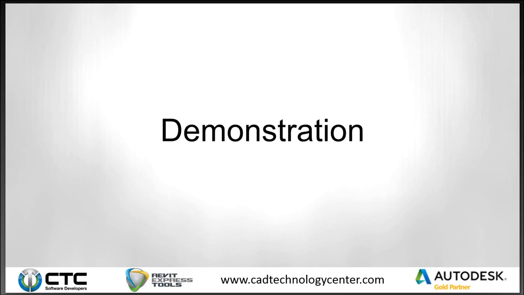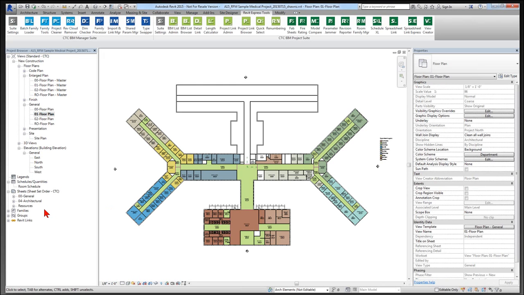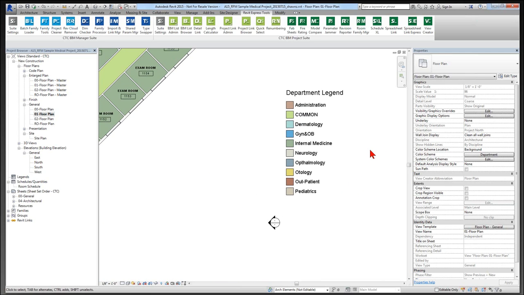I'm going to use a new model today that was relatively, well, recently created. And we're going to take a look at how this particular model, with a number of rooms and some departmental layouts and a portion of the plan, not all of it's been fully developed yet, but a lot of it has kind of been vetted here for level 1. I have a few different primary departments in the mix here. I've got some administration, so I'm going to have some office